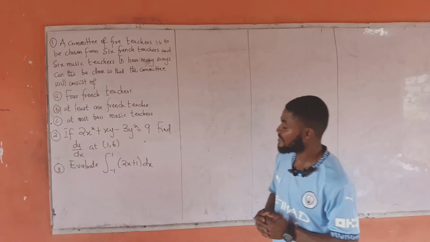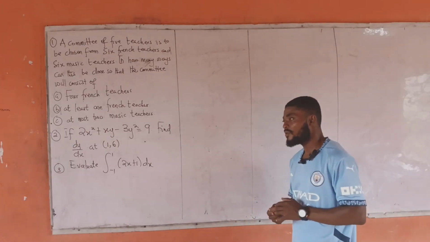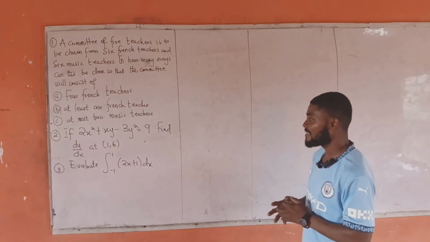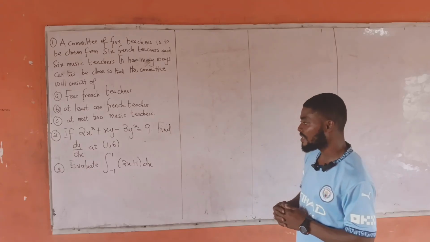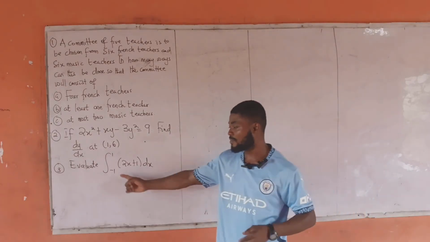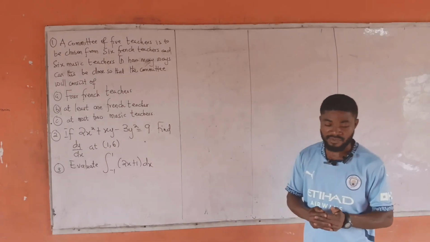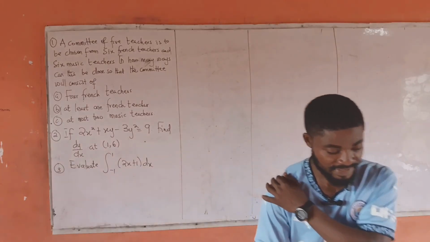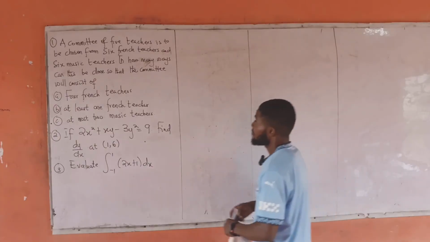Then the second one says that if 2x squared plus xy minus 3y squared is equal to 9, we have to find dy/dx at (1, 6). The last one says we should evaluate the integral from negative 1 to positive 1 of 2x plus 1 dx. So let's get into this question real quick and then see how far we can go with this. So the first question,